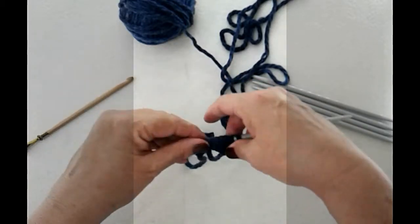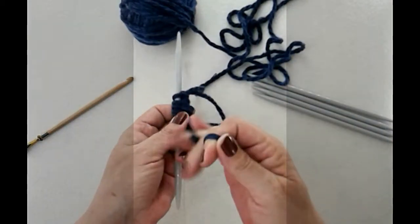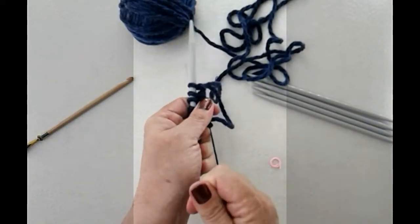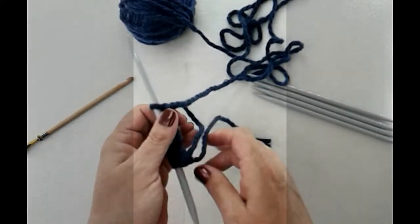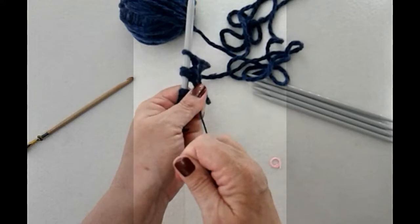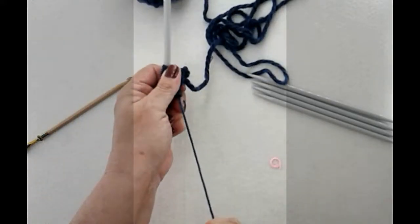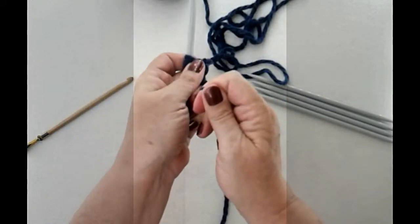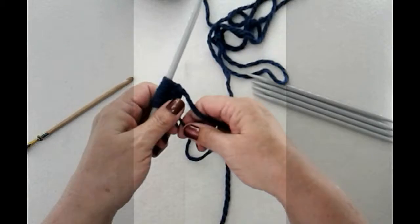Okay. Pull this a little bit. Come on. Come on. I'm not going to do it. There we go. Whoa. Wow. Really thick yarn. Okay, now the next part is